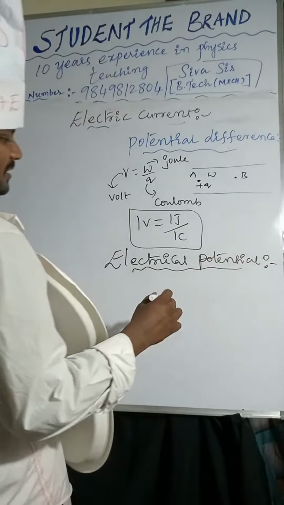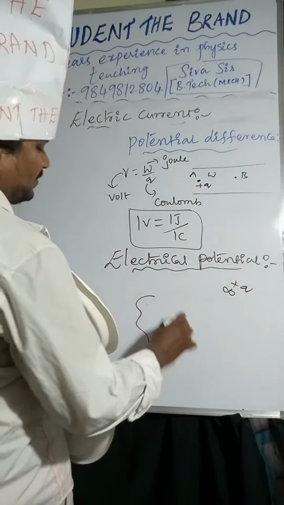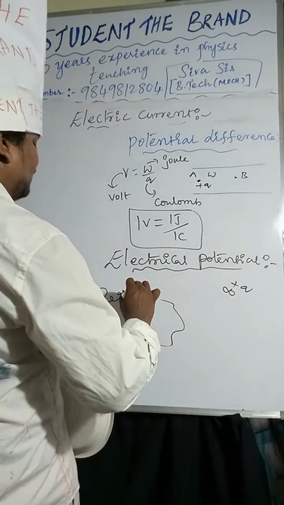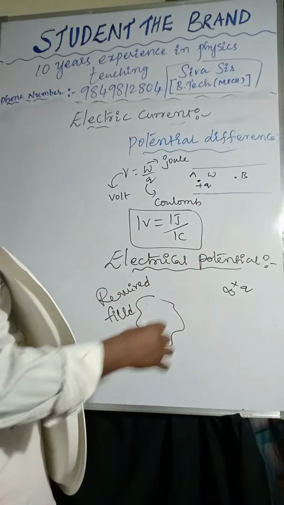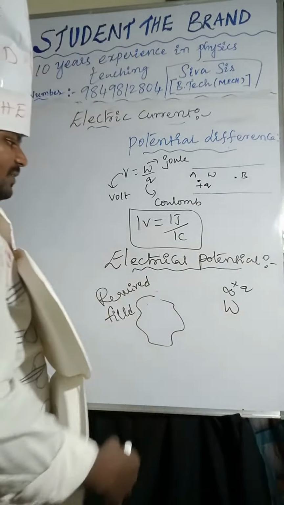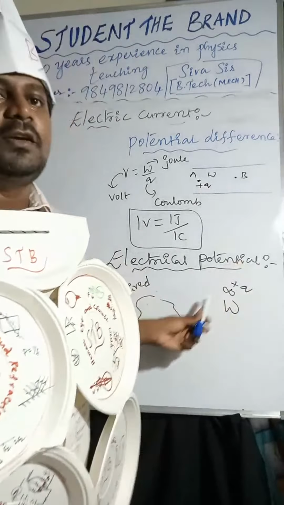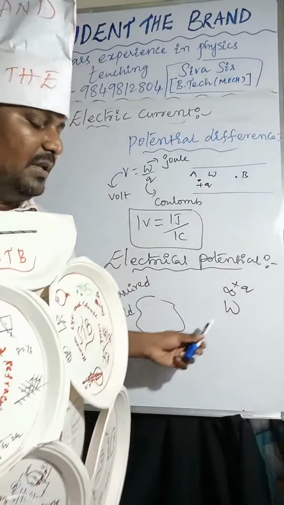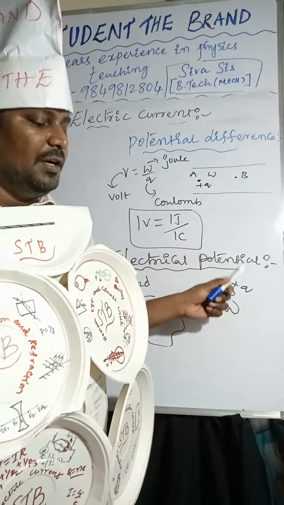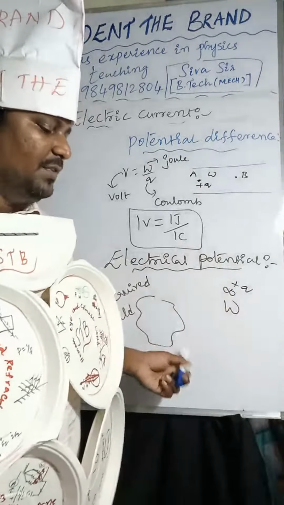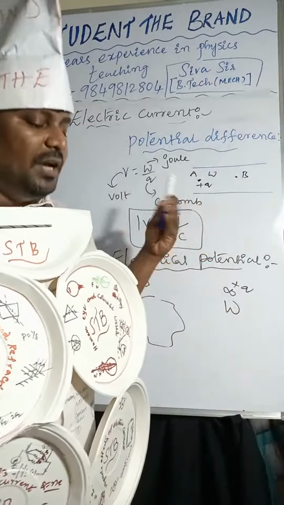Now electrical potential. Say this is the charge Q, and I am taking the required field. We are doing some work to bring unit positive charge from infinity to the required field. This is called electrical potential. Potential difference is nothing but the work done to bring unit positive charge